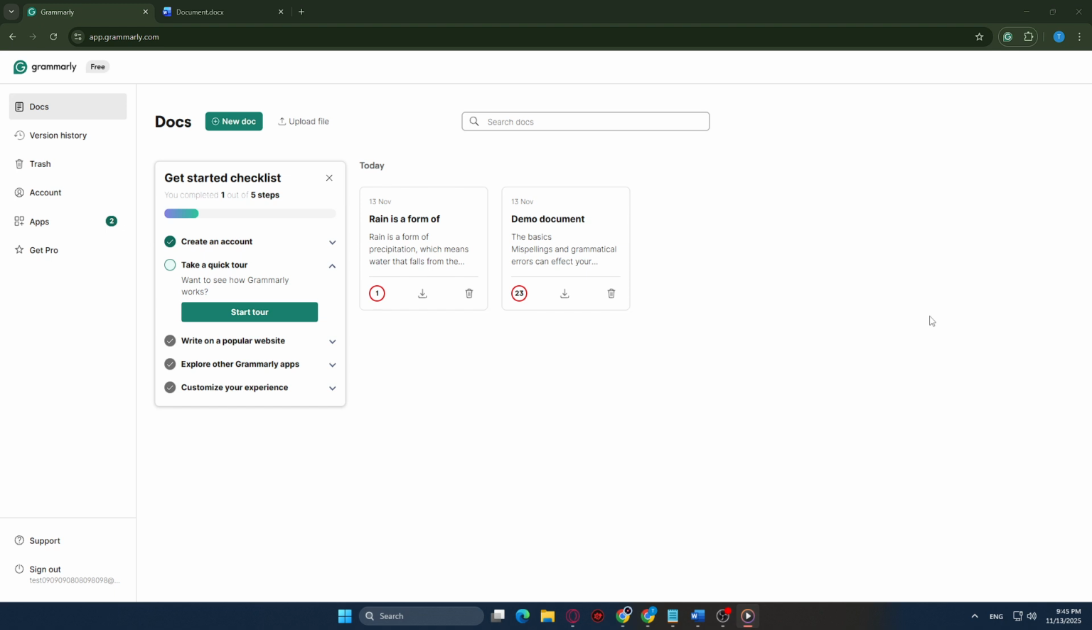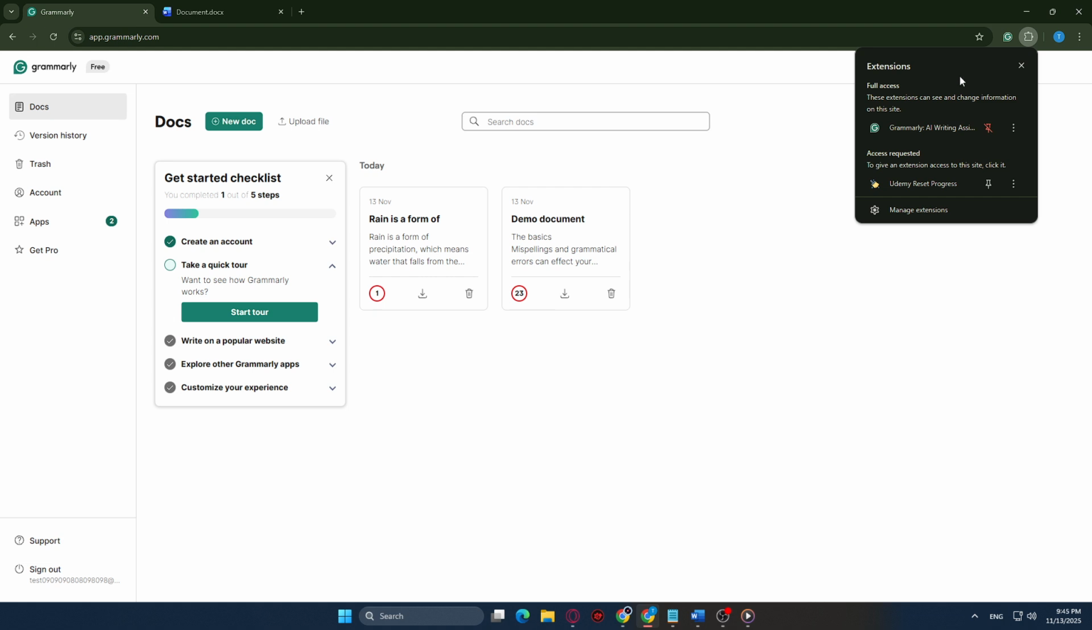You should see a little puzzle piece icon. Clicking on it will open a drop-down menu showing all your installed extensions. If you don't see a puzzle piece, another option is to click on the three dots vertically aligned in the top right corner of your screen. This will open a menu where you can hover over More Tools and then click on Extensions in the sub-menu